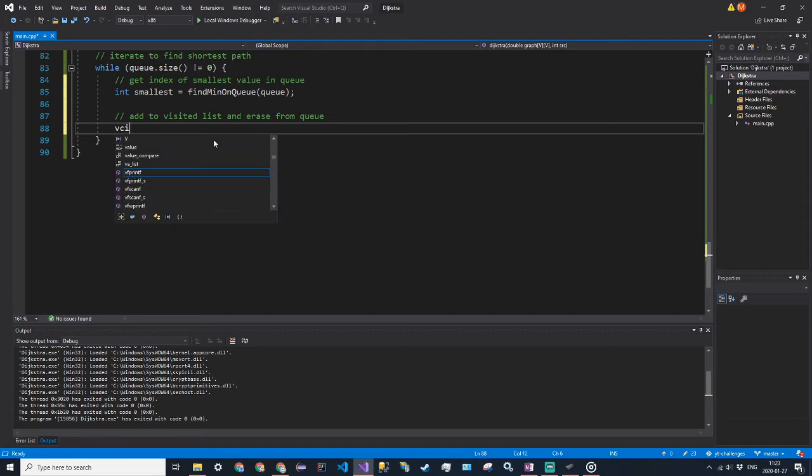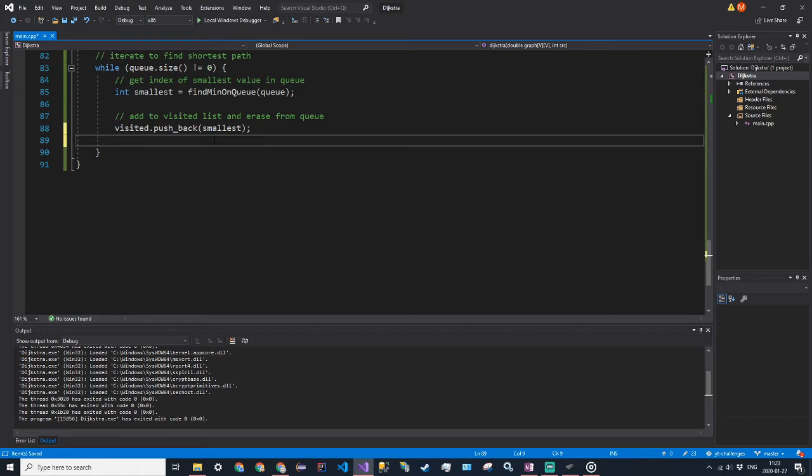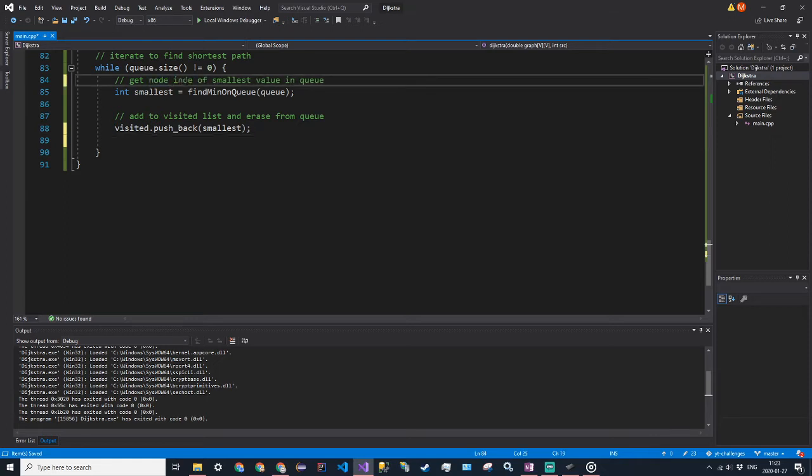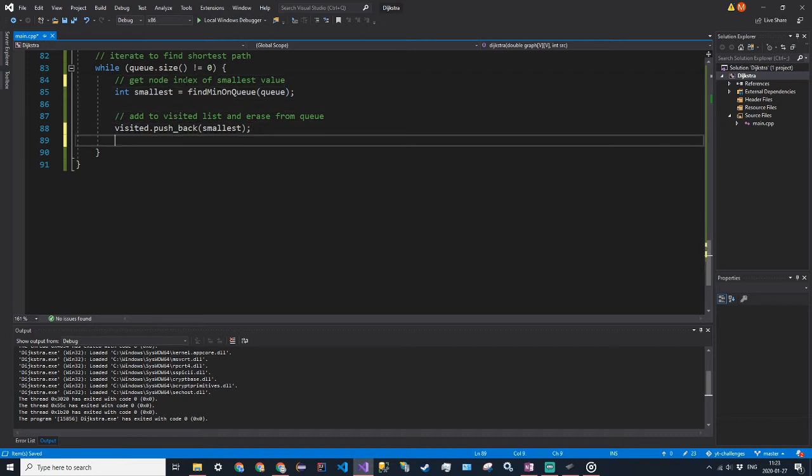So visited, push back, and then it's going to be smallest. This doesn't return the index of the smallest value, it returns the node index of the smallest value. So what this is going to look like, and then we want to erase